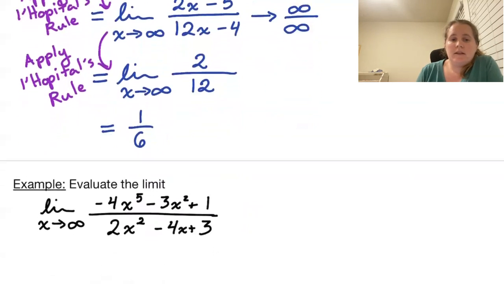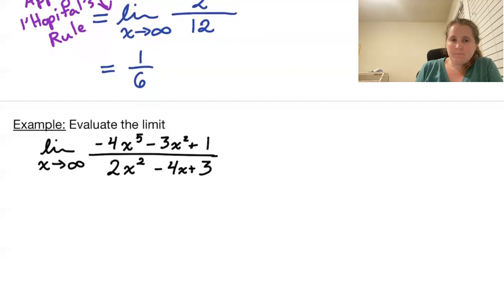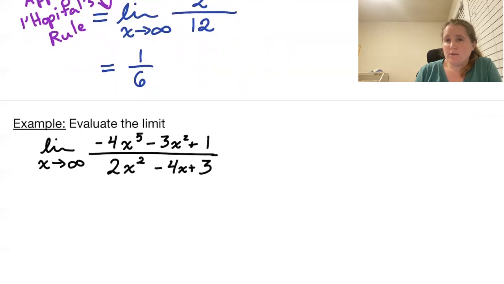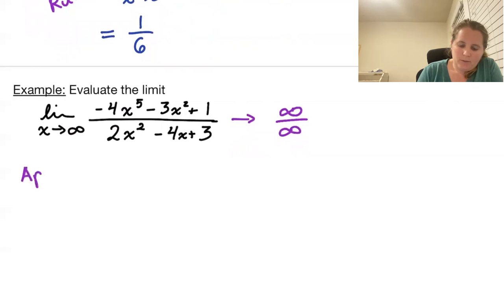And now if we take a look at another situation, in this case where the numerator has the higher degree, we already know from our rule that if the numerator has the higher degree, the limit at infinity is positive or negative infinity. But we can go ahead and use L'Hopital's rule just to verify. So in this case, if we plugged in infinity, this would give us an infinity over infinity situation. So if we go ahead and apply L'Hopital's rule,